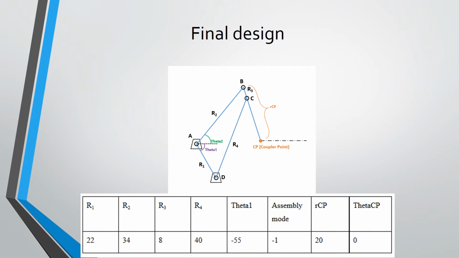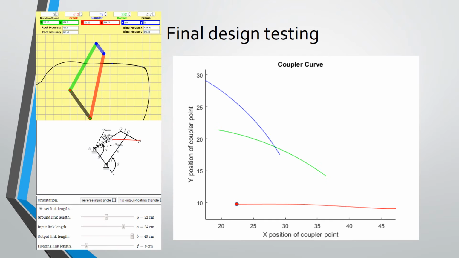The final mechanism design can be seen here along with the required dimensions. Testing of this design via our code is shown on the right compared to two online simulations on the left. With the member lengths, assembly type and relevant angles entered into the MATLAB code, the resulting coupler curve can be